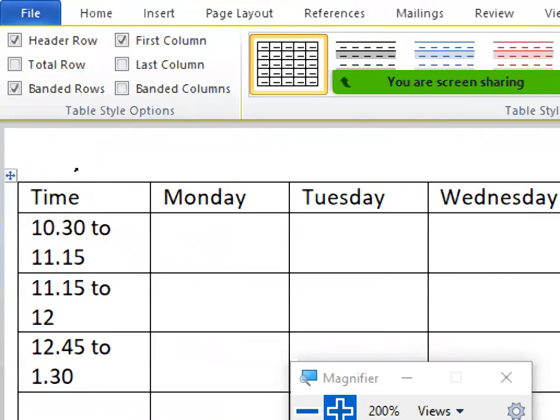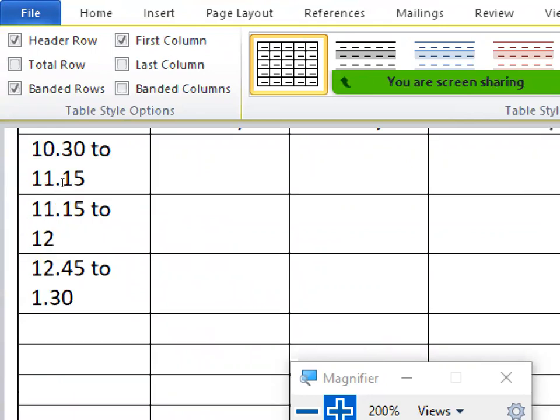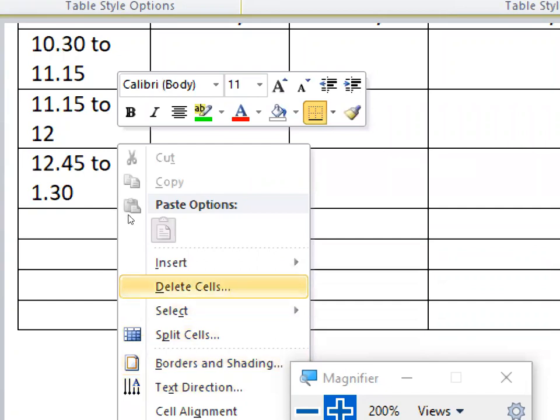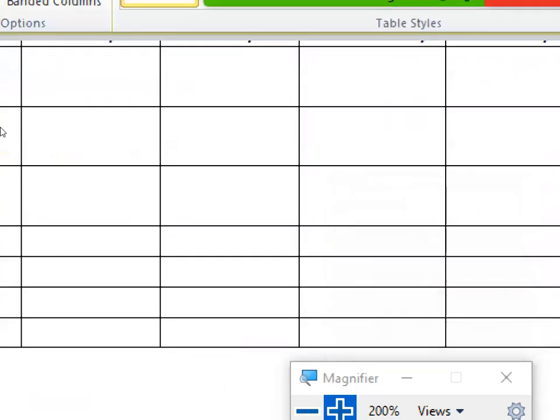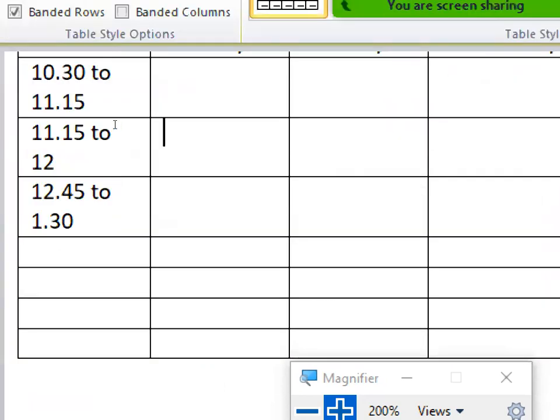Now, similar to that, we have some other examples. If you want to shift cells up, right click, delete cells. And if I say shift cells left, for example, if I type something here, CF, whatever.